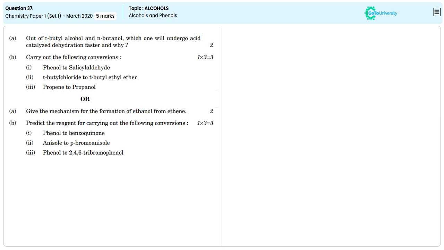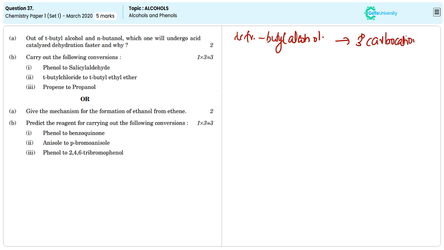In this question, they are asking out of tertiary butyl alcohol and N-butanol, which one will undergo acid catalyzed dehydration faster and why? So, if you are comparing these two compounds, tertiary butyl alcohol will undergo faster reaction, because tertiary butyl alcohol normally forms tertiary